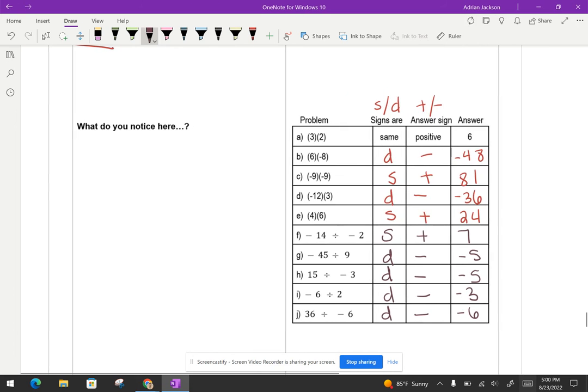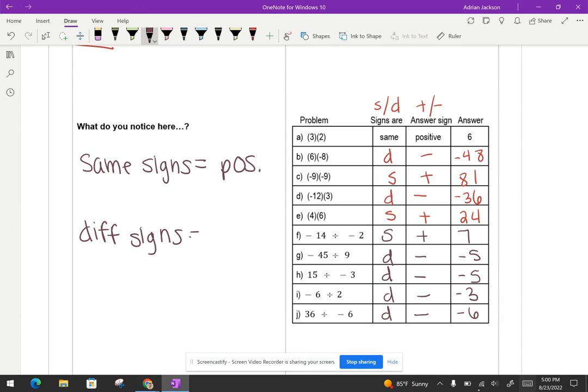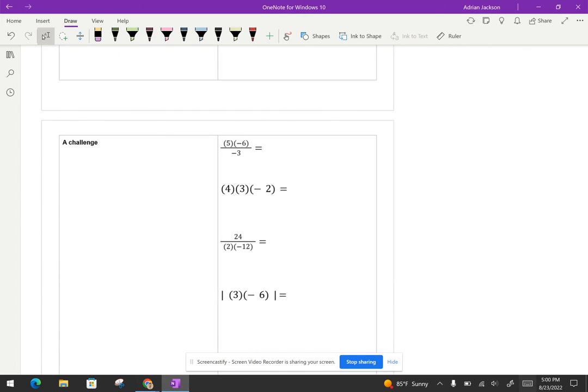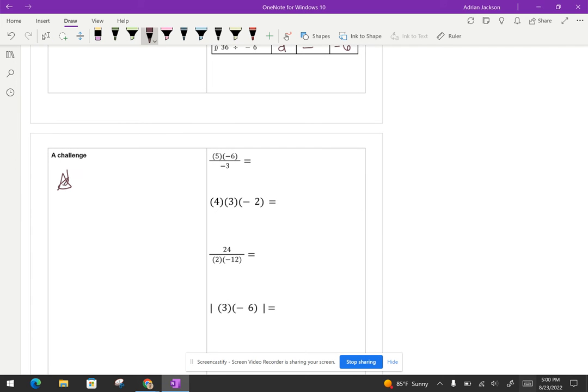So it does hold true for multiplication and division. Same signs equal a positive answer. Different signs equal a negative answer. And that will hold true whenever you're multiplying or dividing, every time. Okay, so now we're going to take that a little bit further rather than just doing simple multiplication and division. So my tip for you here is to take it step by step